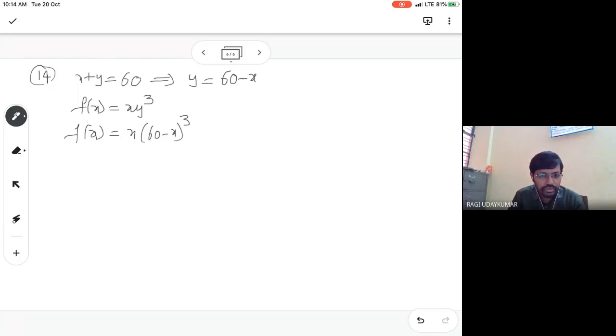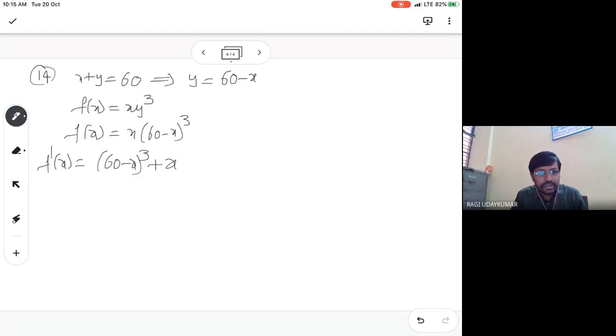Now what to do? Derivative to find out the critical points. Critical points find out करना है, derivative find out करना है, f dash of x के साथ f double dash of x भी find out करना है to use the second derivative. थोड़ा problem ये cube है, so consider the UV method, apply करो here. Product means two functions का product के form में है. So first derivative of x is 1 and (60 minus x) whole cube is as it is. Next x you write as it is and (60 minus x) whole cube find out कर लो, उसका derivative करना है.